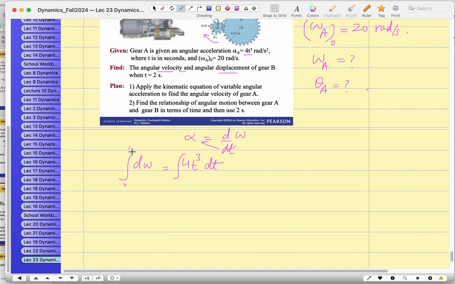So omega minus omega 0, and from 0 to 2 seconds, 4 times t to the 4 over 4, and apply the limits of integration. So the 4 is left as 2 to the power